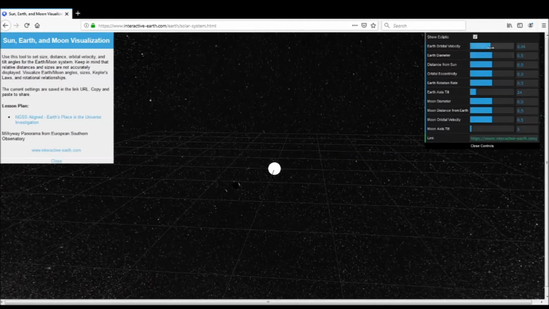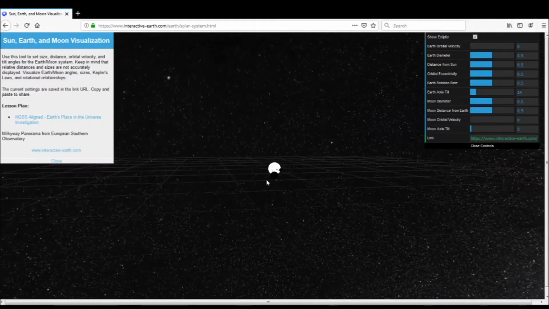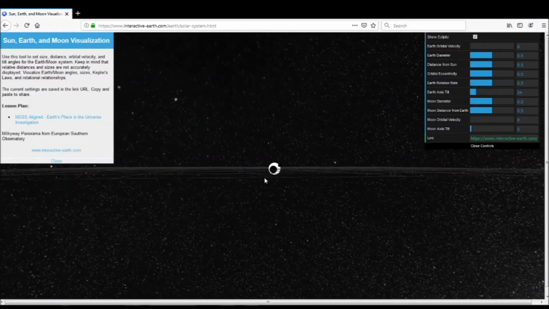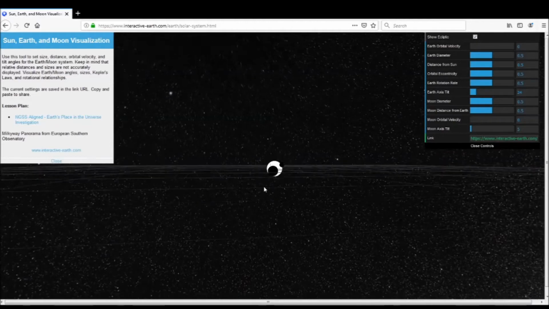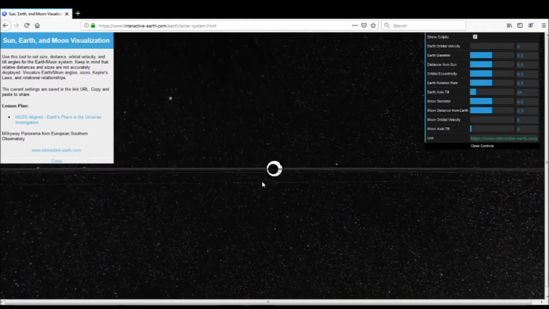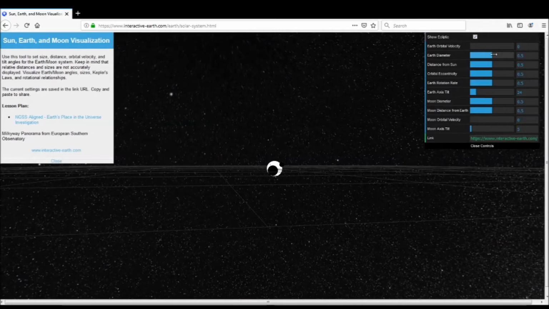And so I'm going to bring the orbital velocity of the Earth down to about 0, or equal to 0, and the moon's orbital velocity down to 0 as well. This will give us kind of a comparison size relationship of the moon and the sun. You can use the mouse wheel on your mouse to zoom in and out. And if we make the Earth's diameter about 0.01 the size of the sun, then it'll be kind of close,